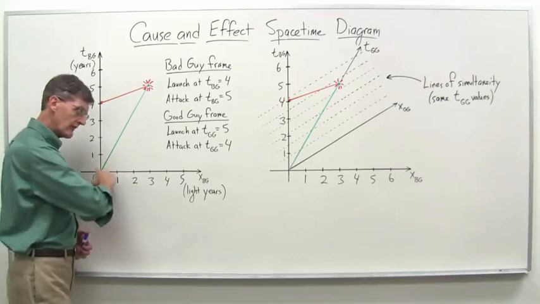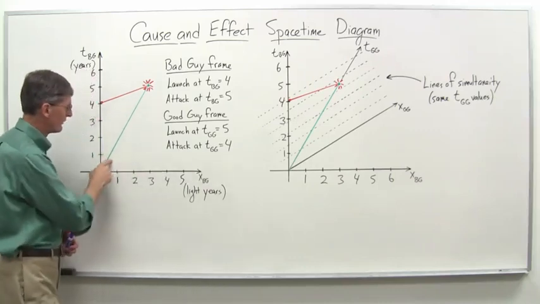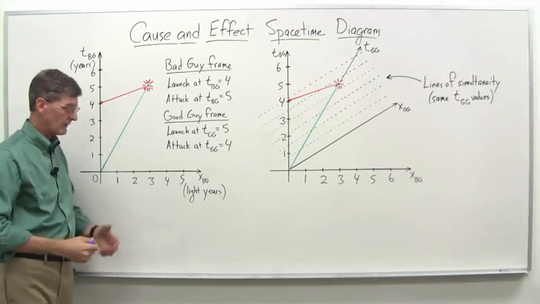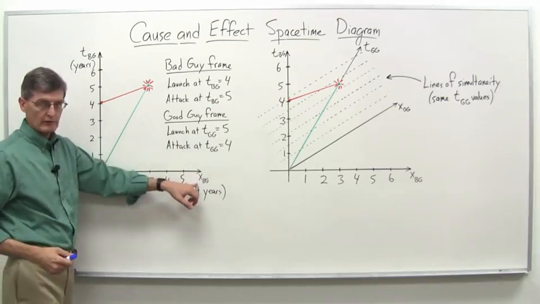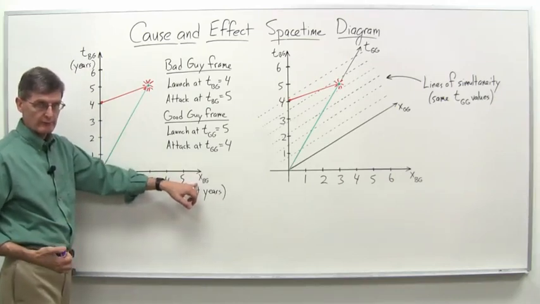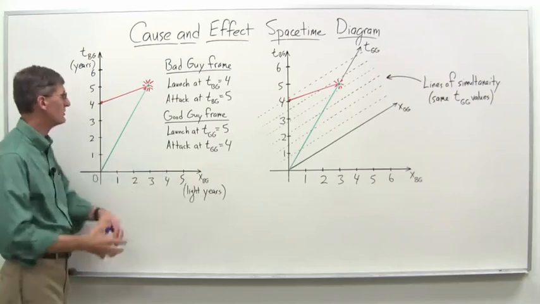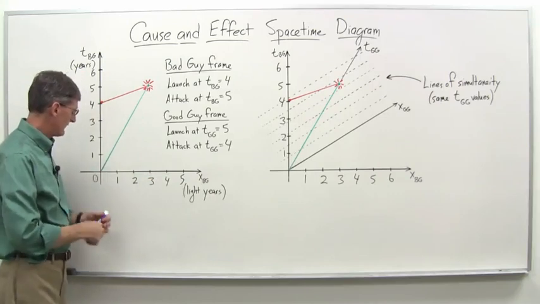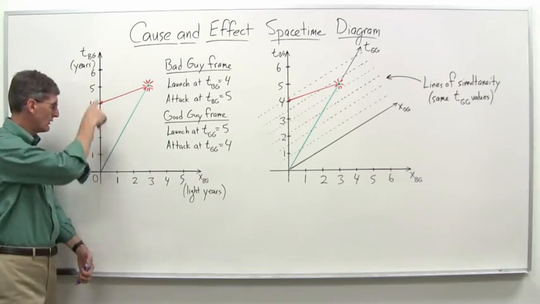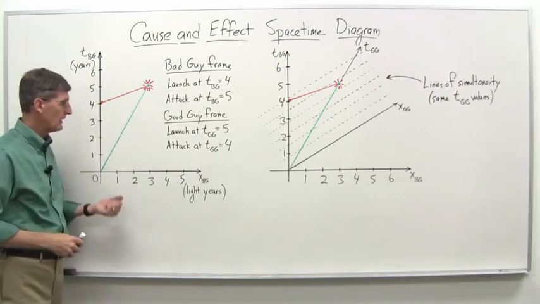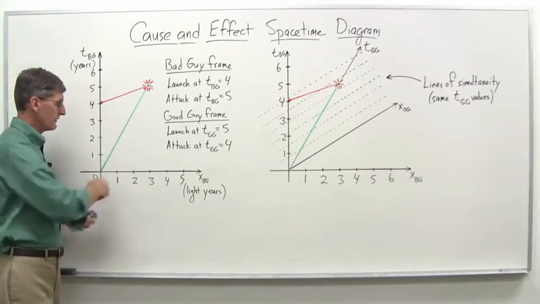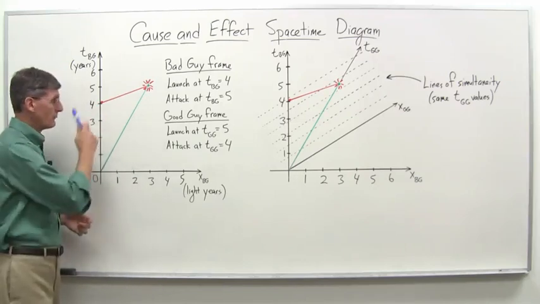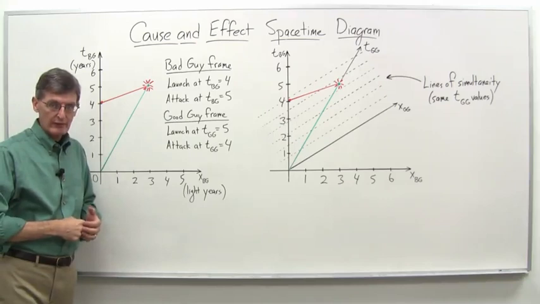And remember, of course, they're traveling along the x-axis. This is their world line on the space-time diagram of the bad guys' frame of reference, the frame of reference of the bad guys' planet. So it's x_bg here and t_bg for the bad guys. In the intervening years, the 4 years between when the treaty was signed and the good guys took off, the bad guys invented a faster-than-light spaceship.